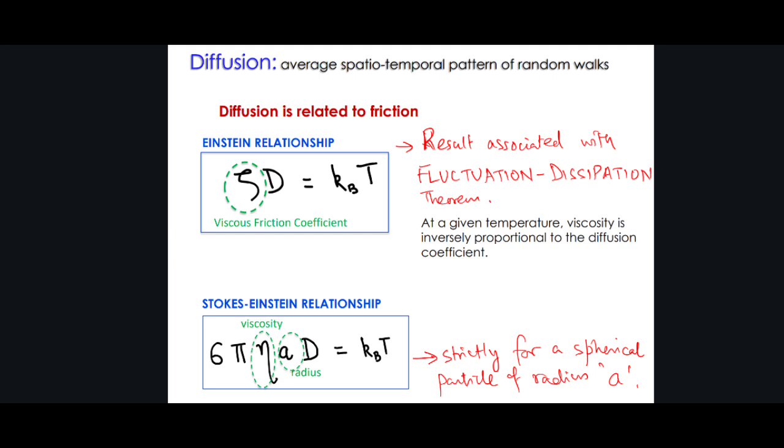So a quick exercise, just make a note, just go through the dimensionality of this. When I have kT, what are the right side dimensions? Energy, right? M L squared T to the power minus 2. And diffusion is L squared T to the power minus 1. So hence you can look at the units of the viscous friction coefficient. It's trivial to then write the SI units also. This viscous friction coefficient can be written in terms of the viscosity. This is, strictly speaking,